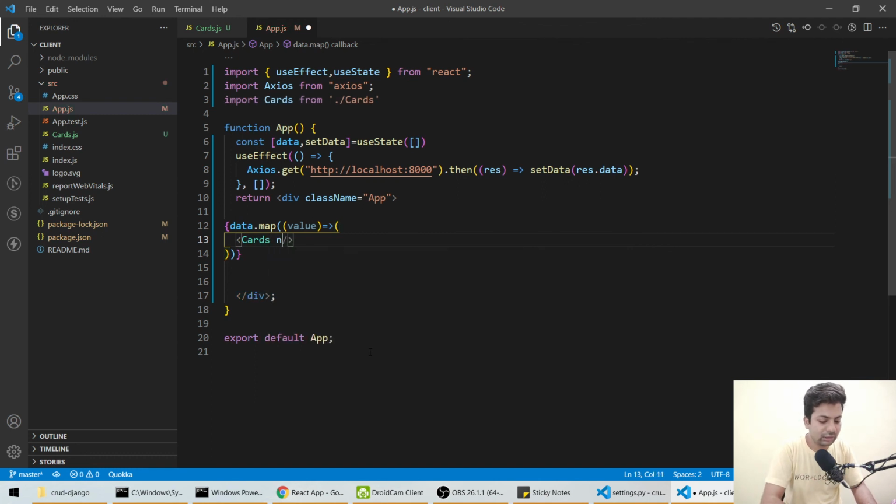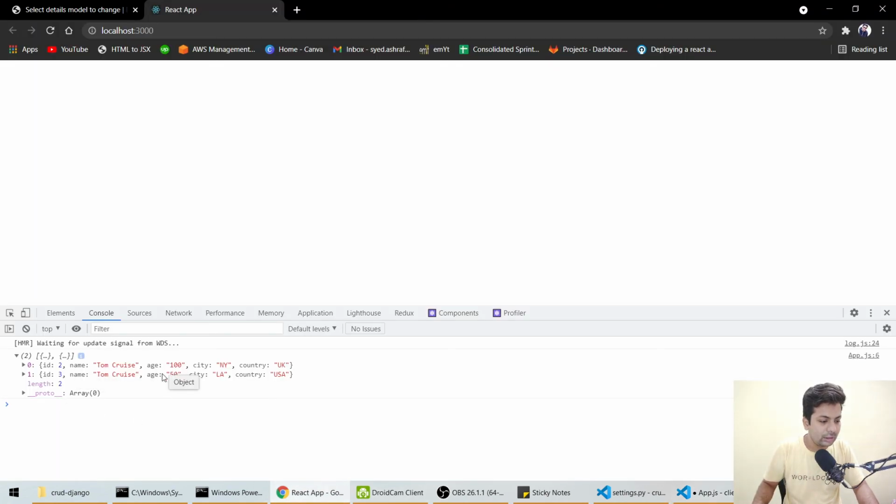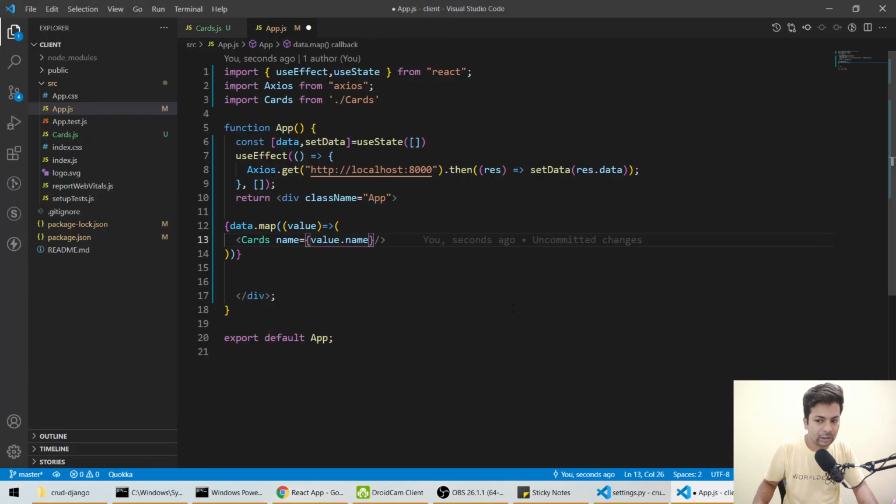We'll send the values. Name equals value dot name. We are getting name, age, city, country. Then age equals value dot age, city equals value dot city, and id equals value dot id.